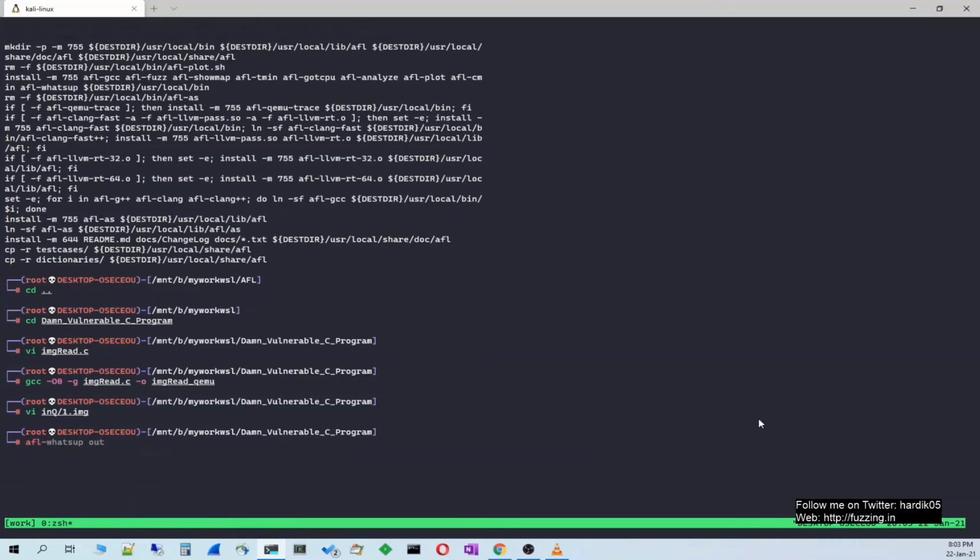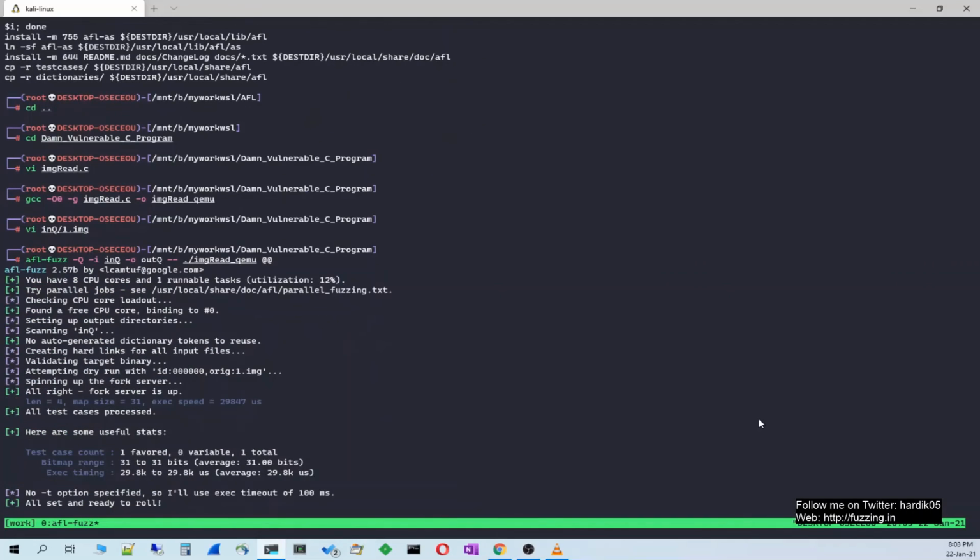And now let's fuzz it. So we can simply use AFL fuzz, our standard parameters, image read QEMU, and here we need to give one extra flag because we want to use QEMU instrumentation. So that will be dash Q, or hyphen Q as you call it, and our input directory, our output directory, let's suffix it with Q. And the sanitizer flag is not needed over here because we have not compiled it using ASAN.